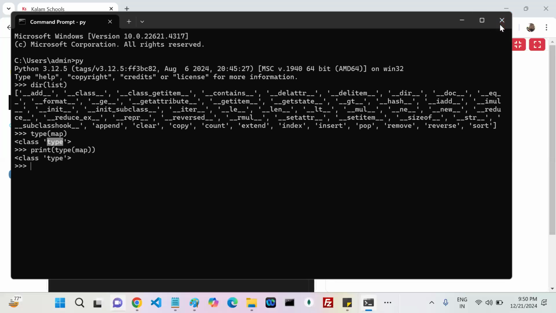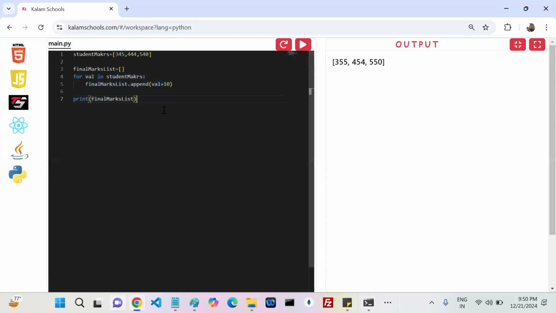Okay, let's do it step by step. Now, I don't want to go with this, I want to go with the map. How can we create an object? New keyword? No, in Python there is no new keyword, just directly you can write like this. Now it gives me a map object or not? Now, if I run this,